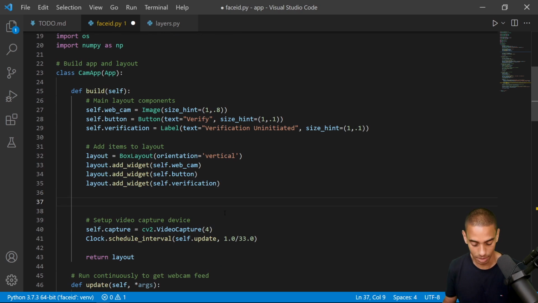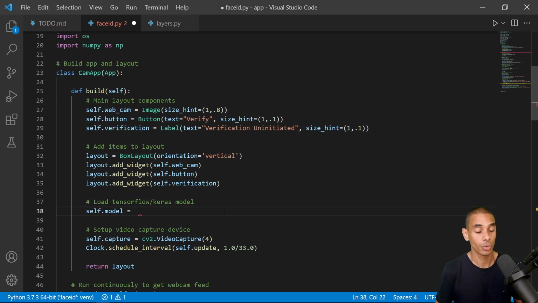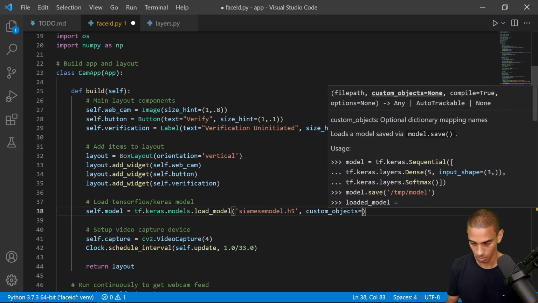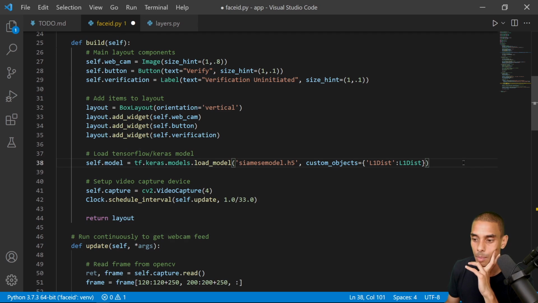So under our layout, I'm going to say load Keras model, a TensorFlow Keras model. We're effectively just going to load our model. So we're going to create a new variable called self.model, and we're going to set that equal to how we actually load up our Keras model. So let's go ahead and do that. Okay, so that is our model now loaded. I've written one line there, self.model equals